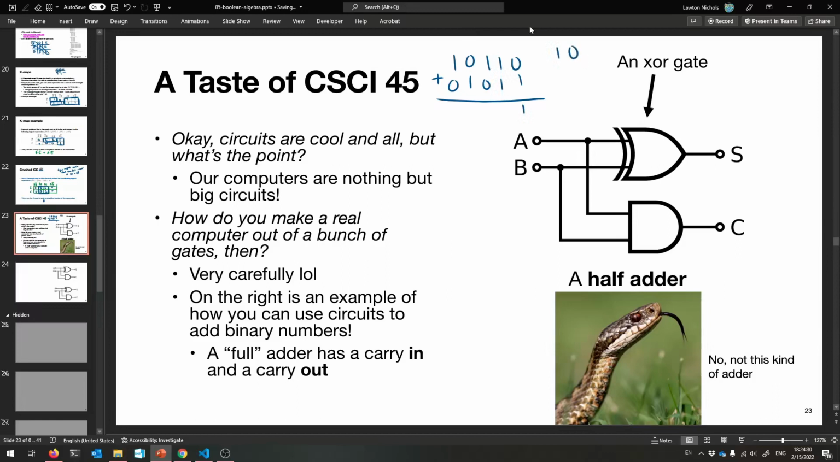That's 2. We have to carry. We have to carry already. So this makes 1, 0, we carry the 1. This makes 1, 0, carry the 1 again. 1, 0, carry the 1. And one last 1, 0. You see how I'm adding binary numbers? And so,